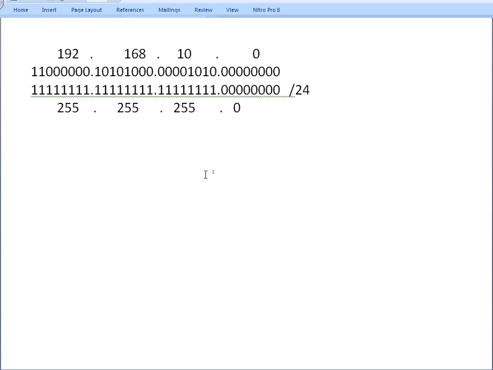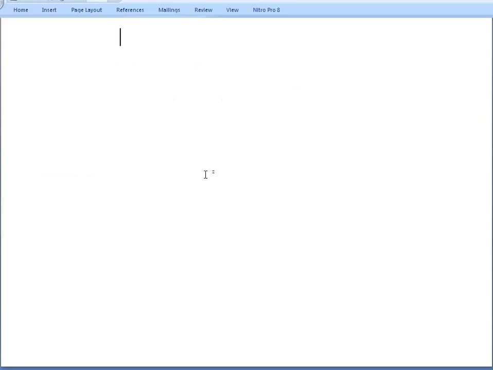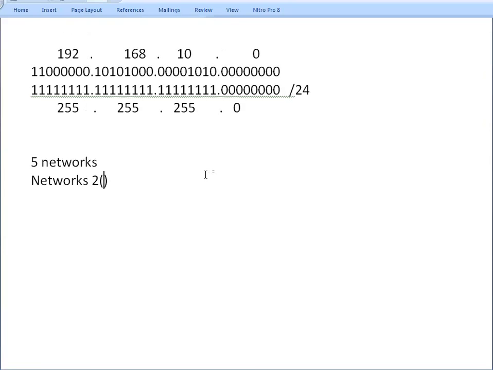Okay, now the requirement is really what are the requirements? Earlier we said, okay, we have a financial and we have sales and so on. Now maybe the requirement is to have 5 networks. We're only worried about networks. We are not thinking about the hosts at the moment, how many hosts per network. We just want 5 networks. Well, because you want 5 networks, the formula for the networks is 2 to the power n. Then we have to calculate how many zeros we have to change into ones